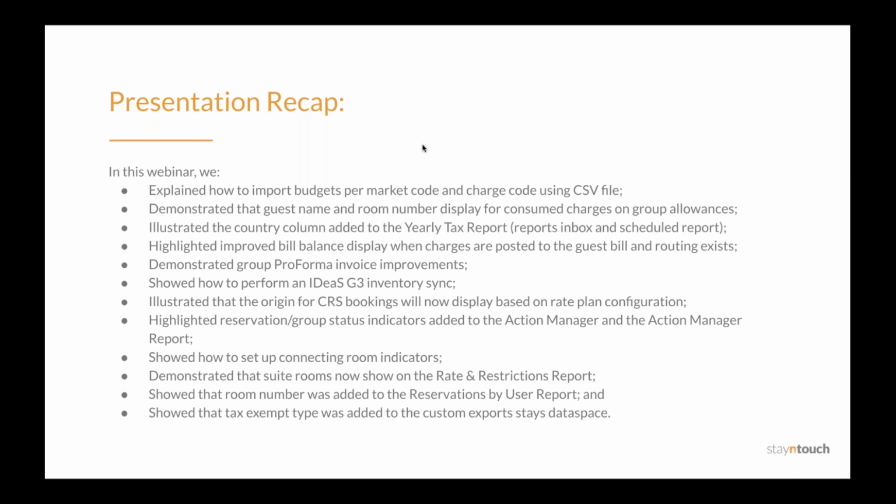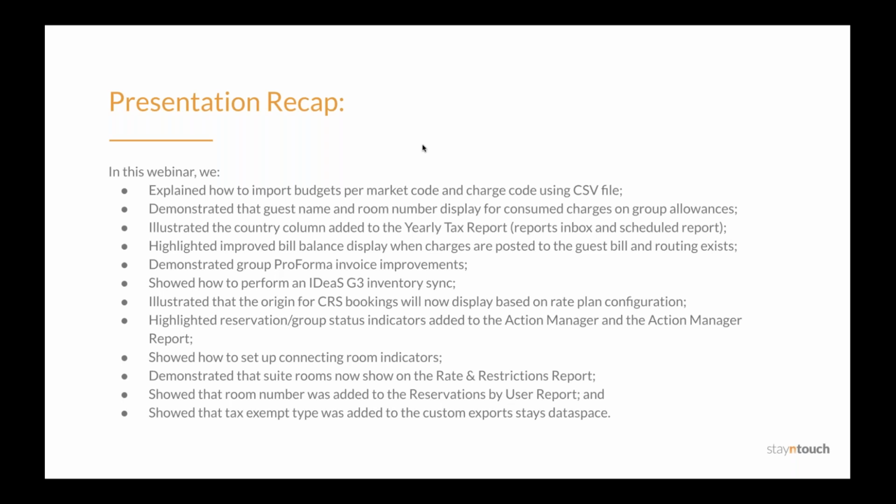All right, so in this webinar, we explained how to import budgets per market code and charge code using a CSV file, demonstrated that guest name and room number display for consumed charges on group allowances, illustrated the country column added to the yearly tax report, including the report's inbox and scheduled report, highlighted improved bill balance display when charges are posted to the guest bill and routing exists, demonstrated group proforma invoice improvements, showed how to perform an IDeaS G3 inventory sync, illustrated that the origin for CRS bookings will now display based on rate and configuration,